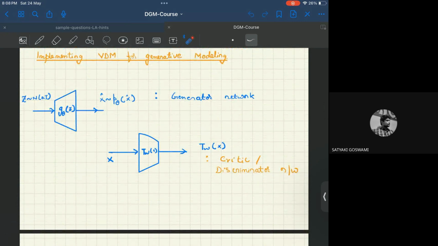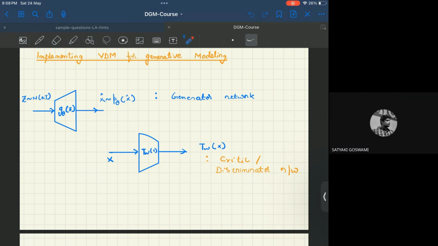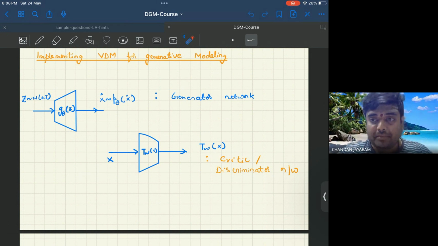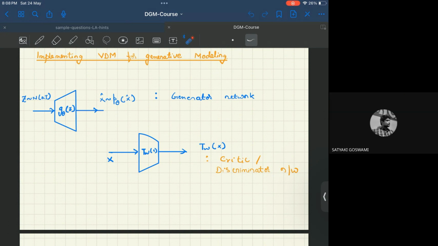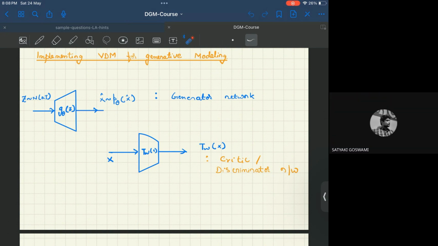See, the idea of the discriminator is to classify. A classifier is called a discriminator. I presume that you know the idea of classification, right? You have some input and you want to put it into some discrete buckets. That is the idea of classification. Now, in this specific realization of VDM that we look at in GAN, our discriminator will be a binary classifier, which will be discriminating between the real images and the generated images.